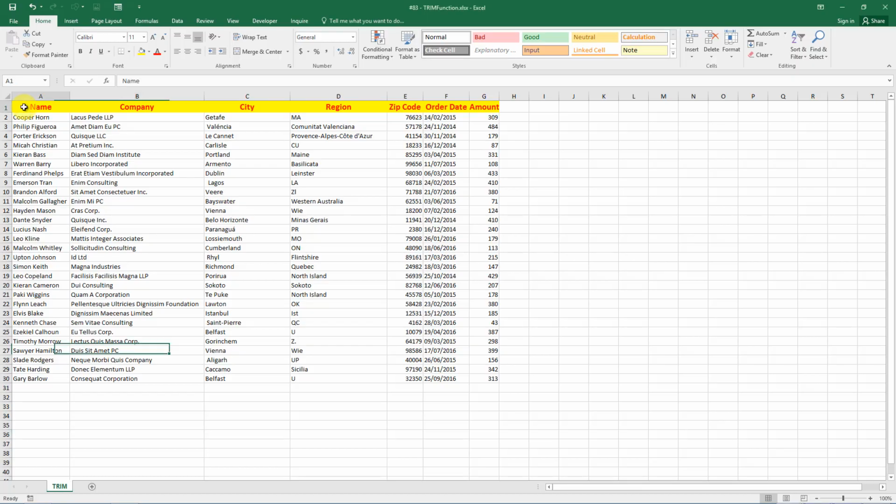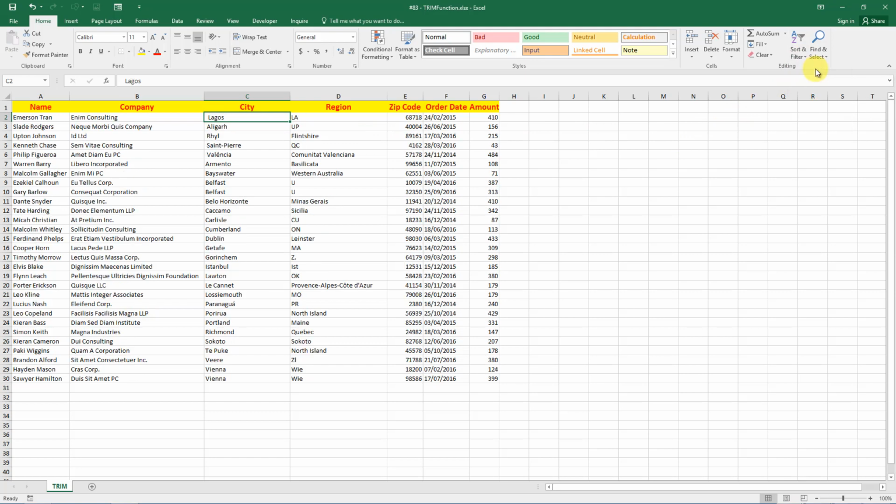Leading spaces can cause us big trouble. For example, a problem with leading spaces is when we want to sort a column. Look at this table. It has 7 columns. Let's try to sort the third column. Go to Home tab and from Sort and Filter button, select Sort A to Z. Of course, this sorting is totally wrong because these values have leading spaces. What are the steps to clean up these spaces?